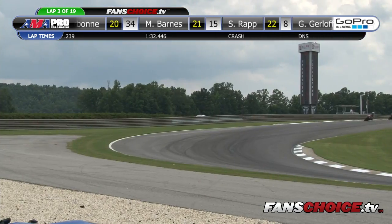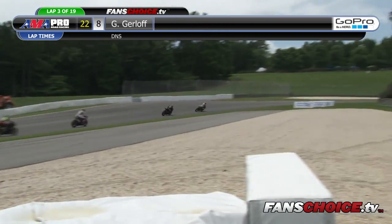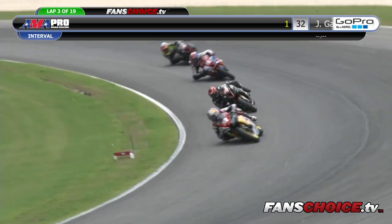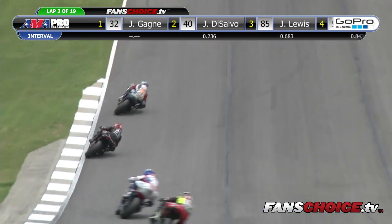Boy, it's getting tight for that 4th spot. Westby came into the back of Bobby Fong going through that last section of corners, and they ran into the back of him and luckily stayed on the bike. You saw Bobby look over his shoulder on the front straight and say, who's knocking on the door back there? And Westby knows he's got a good horse and he knows how to ride it here